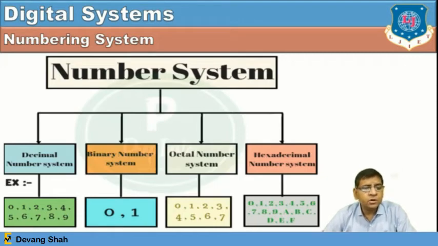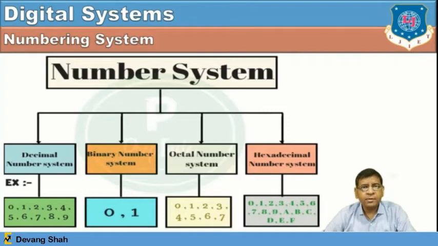You can see this particular hierarchy where the numbering system is classified into 4 numbering systems, and at the bottom layer all the blocks represent the ranges of the respective numbering systems. Like the decimal numbering system has the number range from 0 to 9. The binary numbering system has the range from 0 to 1, so it's 0 and 1. The octal numbering system has a range of 0 to 7, and the hexadecimal numbering system has a range of 0 to